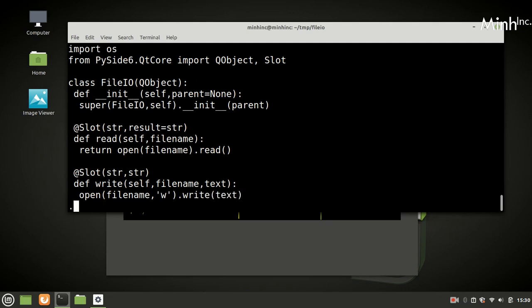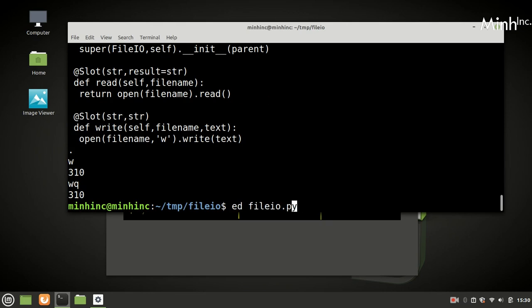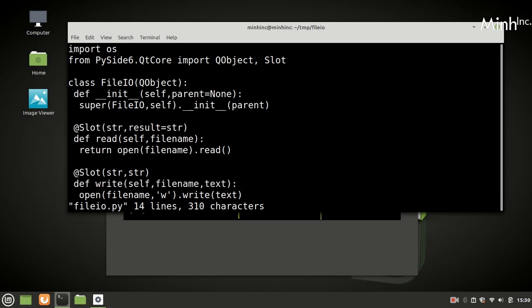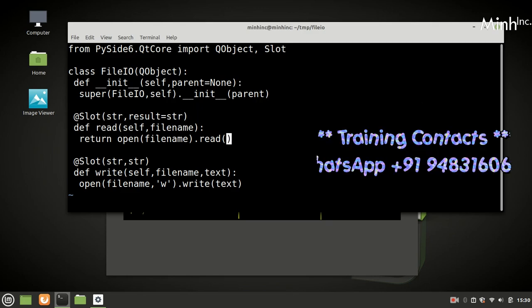So simple. We don't need OS. So we get a QObject and slots, where one slot reads and one slot writes. So simple in Python.